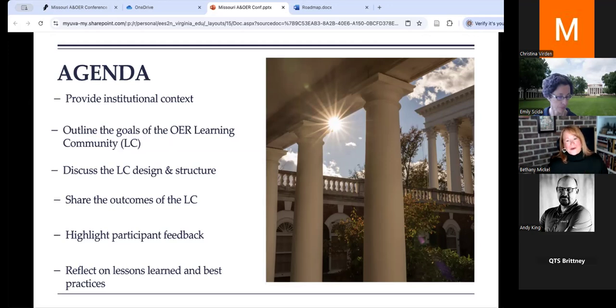And of course, we'll take a moment to reflect on some of the lessons that we learned, the good, the bad, and discuss some best practices and advice for those of you who may be here today who are interested in initiating a similar learning community centered around OER.